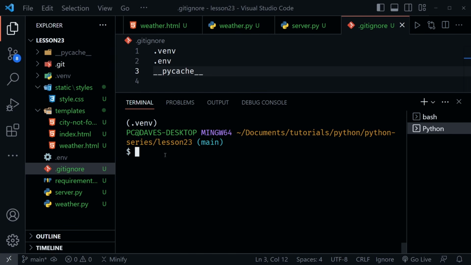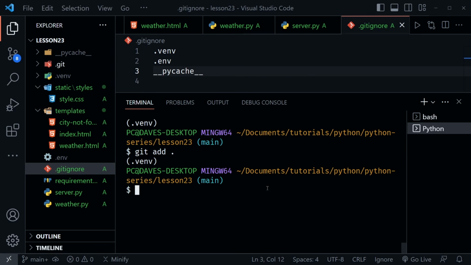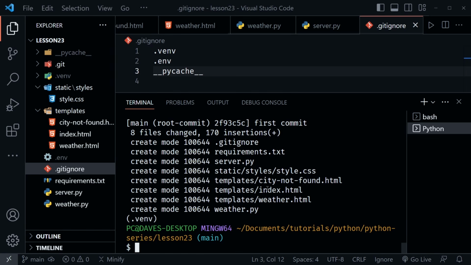So once again, it's already initialized. So now I just need to add the files to the repository. So I'll say git add and type a period. That means all. So I'm going to add all of those files. Now I'm going to commit the files to the repository. So I say git commit -m for message, and I'm going to say first commit. Press enter. Now all of those green files turn white in my file tree, and they have been committed to my repository. Now they haven't been sent to GitHub yet,